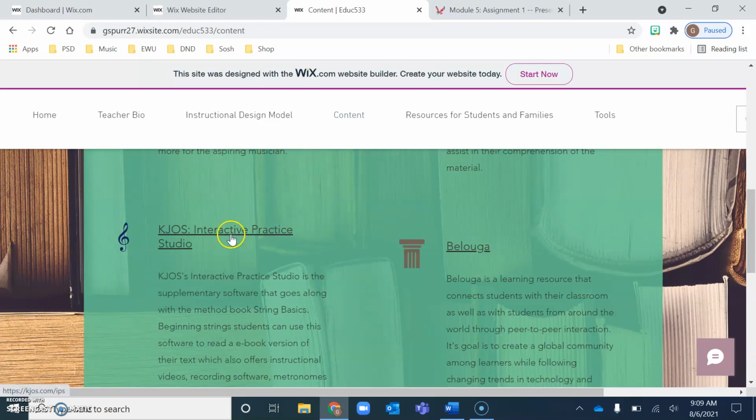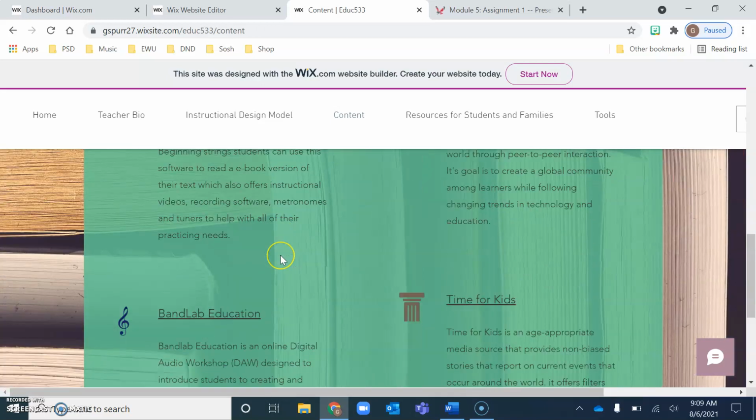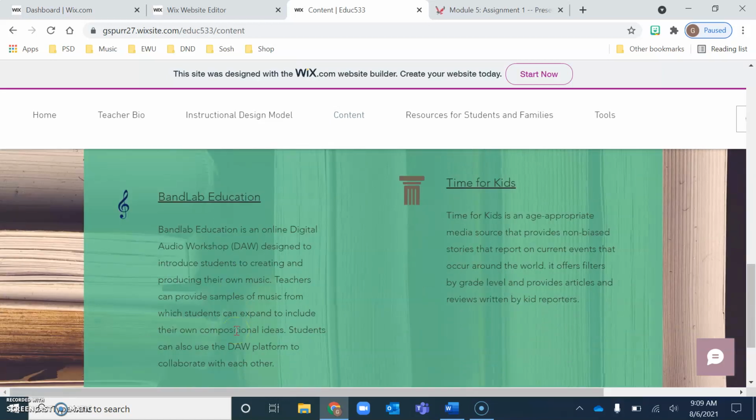Next, I have the JOUST Interactive Practice Studio. That's a supplemental software that goes with the string book. And then BandLab Education. This is a digital audio workshop that is appropriate for elementary students, and you can use it for high school too. It's just an introduction to see how a digital audio workshop works, because that's what professionals use when they're making